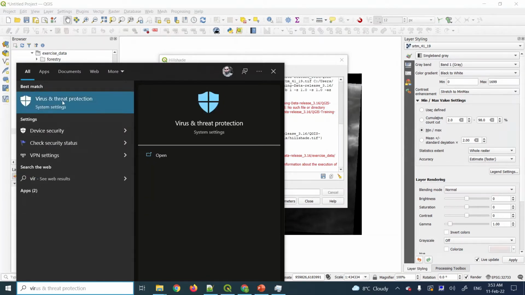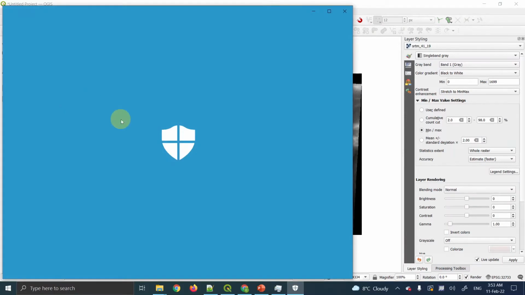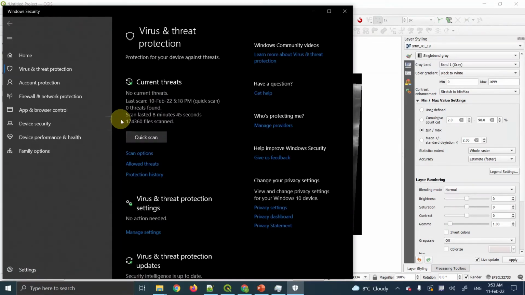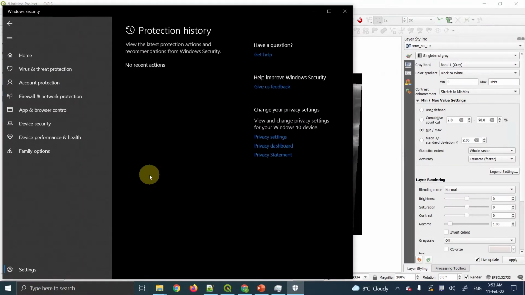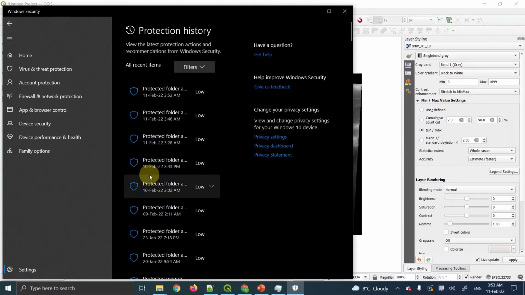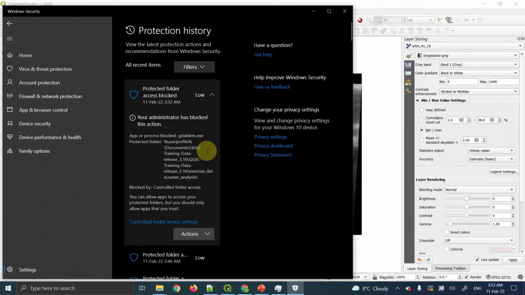Here we have virus and threat protection, right down this word, and protection history. And here we have another protection history. It is user access control asking me to allow. I will press yes. So again now